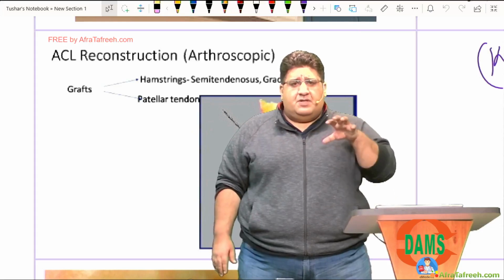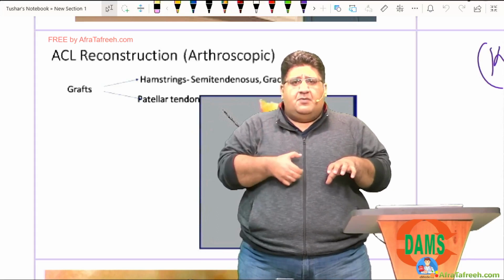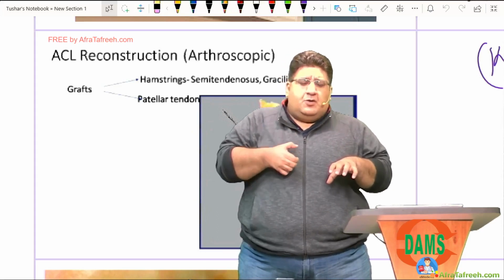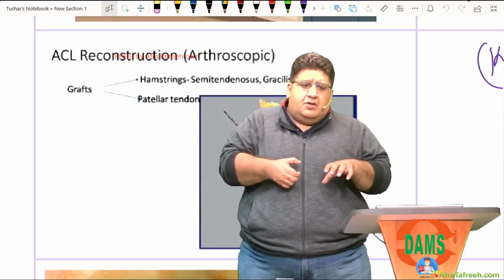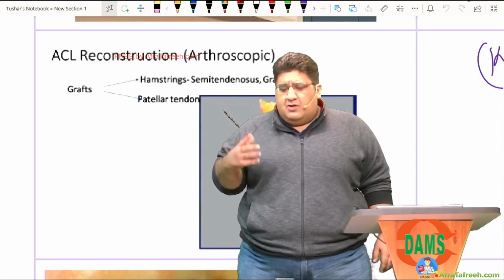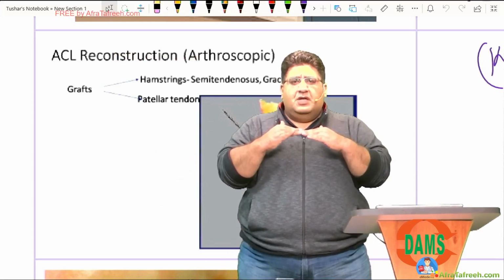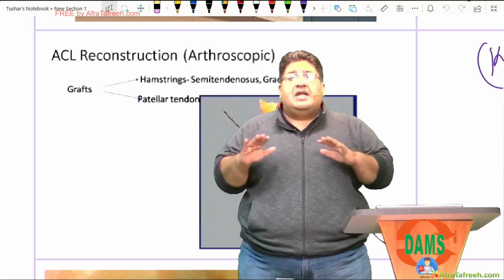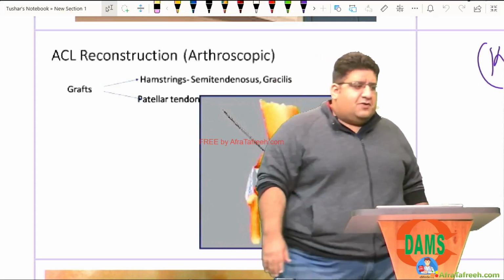My boss kept his left hand on her distal thigh, kept his right hand behind the proximal leg, and tried to pull the tibia towards himself. He was not able to do so. He looked at me and he said, "Tushar, what do you think?" I said, "Sir, with knee in complete extension, anterior translation of tibia negative. With knee in 90-degree flexion, anterior translation of tibia positive."